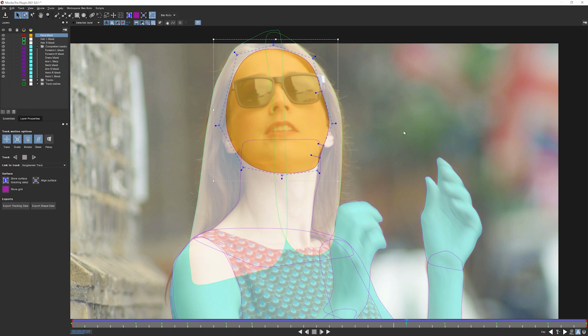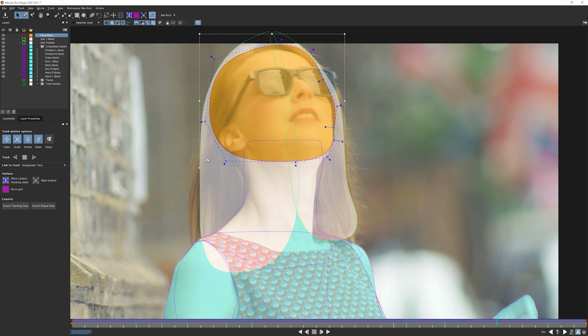When it came to the hair, we were very aware about how we split that hair up. Looking at the right-hand side, looking at the left-hand side, and any bits that might not fit within those basic shapes. And also importantly, if things weren't going right with the track layer that we had connected things to, and it looked like we were going to have to spend a lot of time fixing the track, instead of fighting with that track, we changed what we connected that to. So in this example, I was able to easily connect it back to the background track and everything fit in perfectly. Very nice. If that's not the case, then sometimes you'll just have to retrack something else, or even just